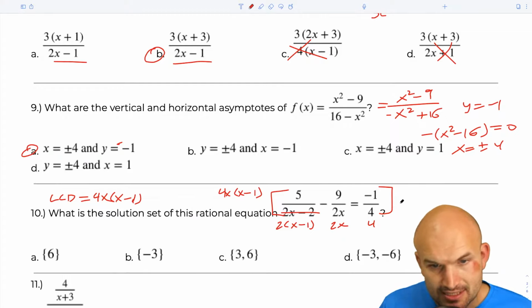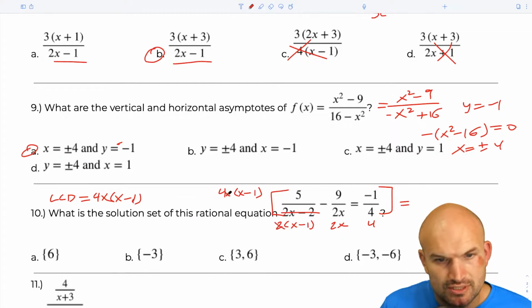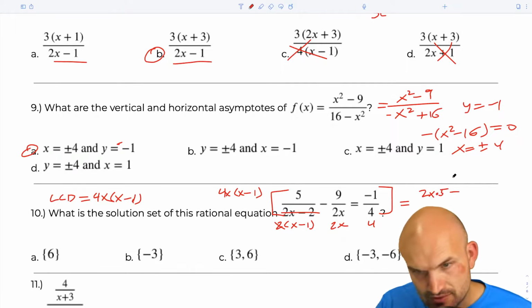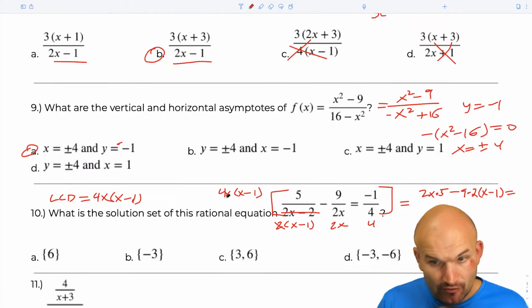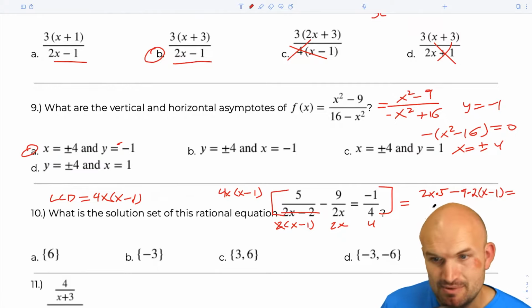When I do that, my 2's divide out, so that's going to give me a 2. And my x minus 1's divide out. So that leaves me with 2x times 5 equals over here. Oh, not equals. What am I doing? That becomes a minus. My 2x, so that's going to leave me with 9 times 2 times x minus 1. And then equals, here the 4 will divide out, and then that's going to leave me with, man,